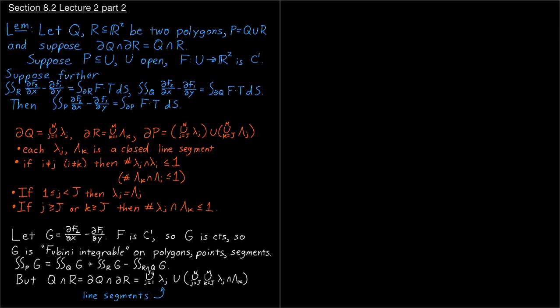So that's J minus 1 line segments. And then these guys, if you intersect two of these, either you get the empty set or you get some points. So this is finitely many points. So you might have to be a little bit careful with overlaps again, but all your overlaps are going to be single points again. So G is Fubini integrable